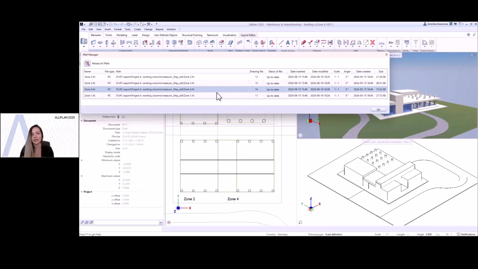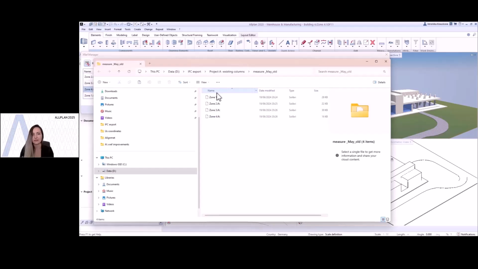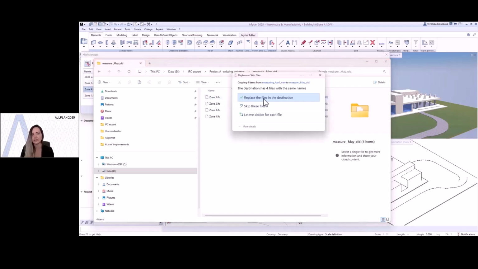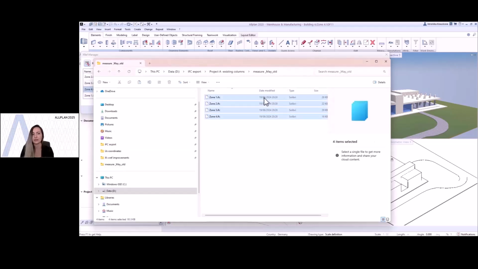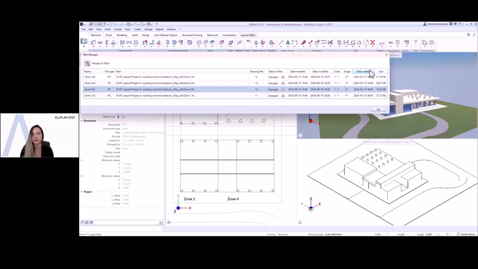The problem was that the values of heights were wrong, and it means that we would need a newer version of the same file from that colleague. So when we ask him, he will create a new IFC file, he will send it to us, and when we receive these IFC files, we can manage it with a really quick change.